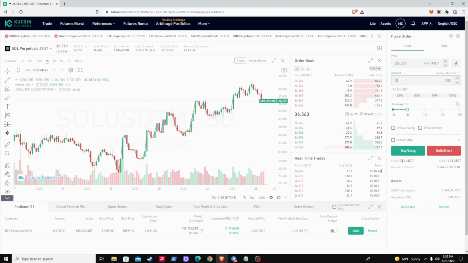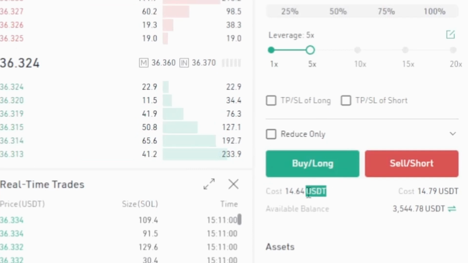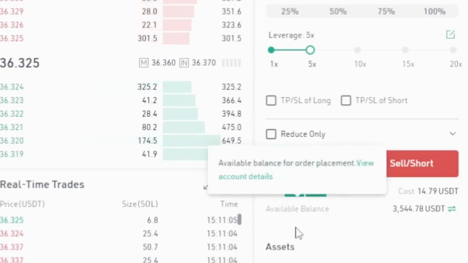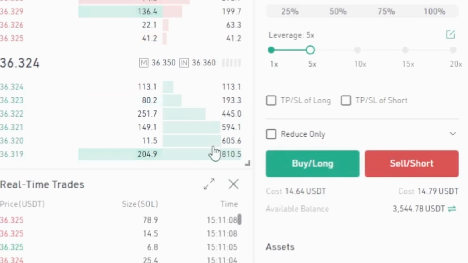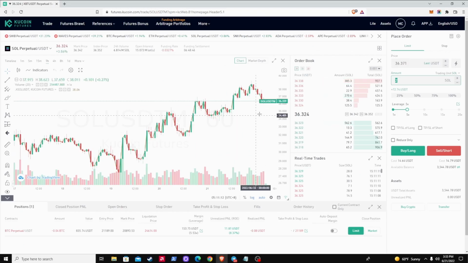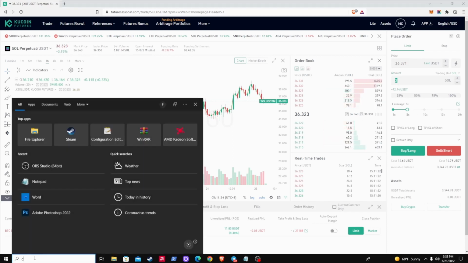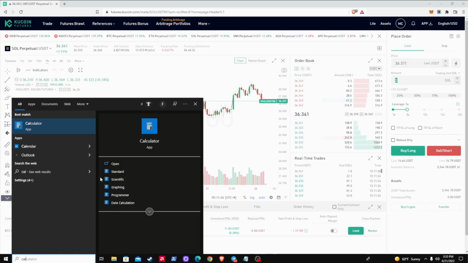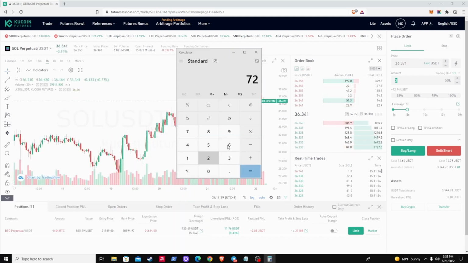Now, before we submit this, let me also explain that really quick. The important thing as I explain this is just this cost down here. This cost down here is the amount that you're risking on the trade. So keep in mind that that's what matters above all, right? But let me just quickly explain. So 2 Solana right now, if the price of Solana is around $36, 2 Solanas would be 36 times 2, which is $72. I'm using 5x leverage. So if you took $72 and divided it by 5, let's go ahead and pull up a calculator real quick, just to show you what this means. $72 divided by 5 equals around $14.40. Obviously, the reason it's $14.64 is it was 36 and some change, right? But that's how you come up with that.